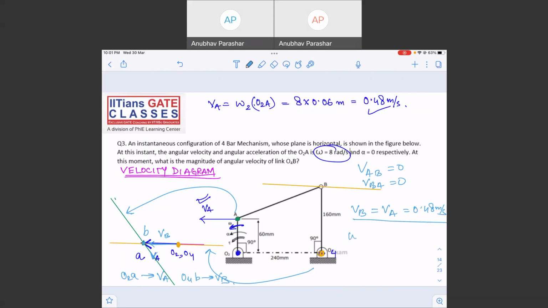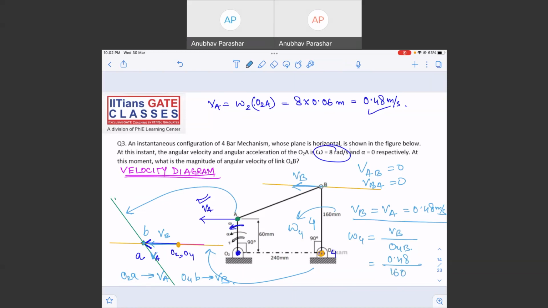So can I find out omega B now? Or let me say not omega B, better to say omega 4. Can I say omega 4 is equal to VB divided by O4B? This is link 4, right? So what is the omega of link 4? The velocity is VB. So VB is equal to omega 4 into O4B, or I can say omega 4 is equal to VB divided by O4B, so this is equal to 0.48 divided by